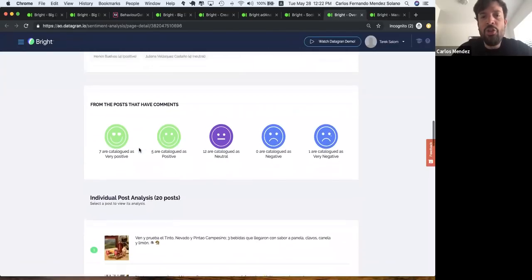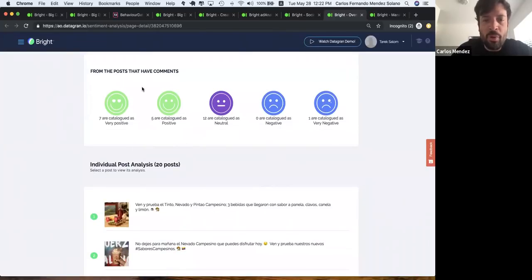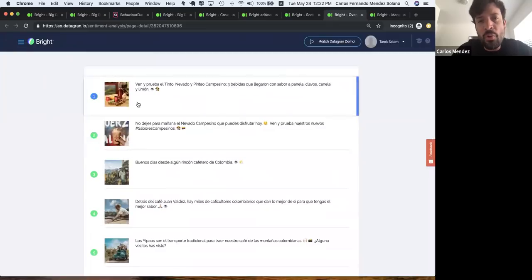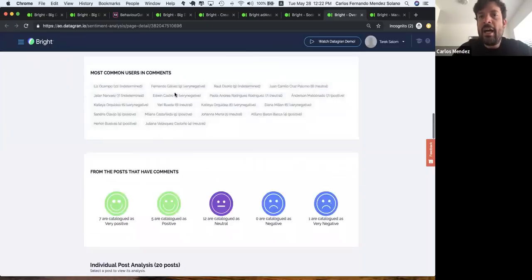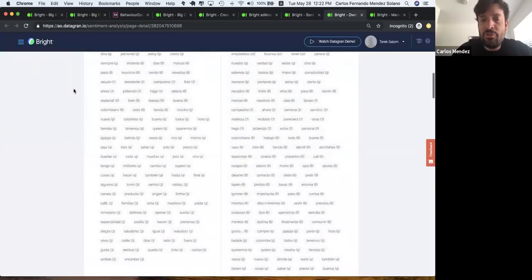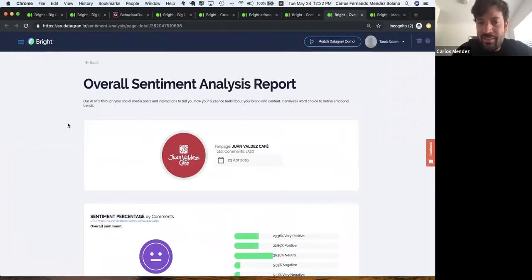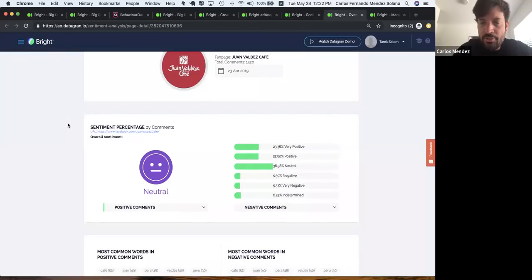You're also going to see from all of the posts that you have on your Facebook pages, if they're mostly positive, negative, neutral, among others. And you can also go deep into each one of your posts and see the sentiment analysis of that specific post. One of the things that we're going to be launching soon is this analysis for your competitors. And not only that, we're also going to do it for Twitter. And that should be coming in about 2 months tops.